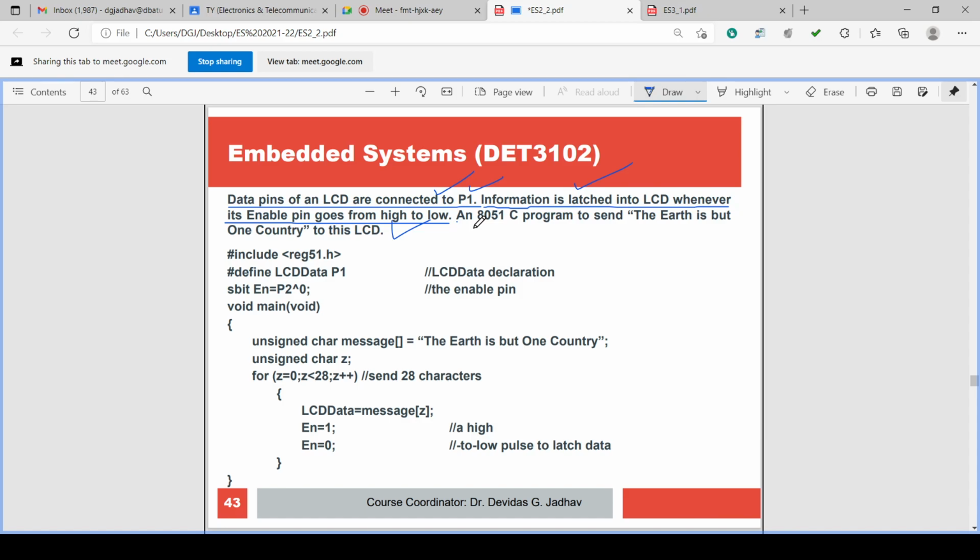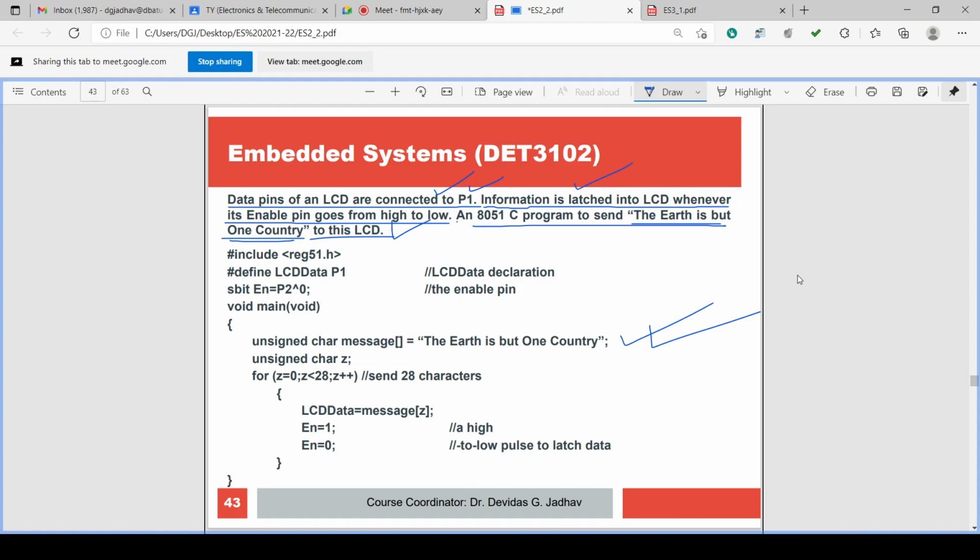कधी होईल, एनेबल पिन हाय टू लो झाल्यानंतर. 8051 प्रोग्राम टू सेंड द अर्थ इज बट वन कंट्री टू दिस एलसीडी. आपल्याला काय मेसेज पाठवायचा आहे, द अर्थ इज बट वन कंट्री हा मेसेज पाठवायचा आहे. ओके, तो डबल कोट मध्ये पाठवला तर ॲज इट इज तो